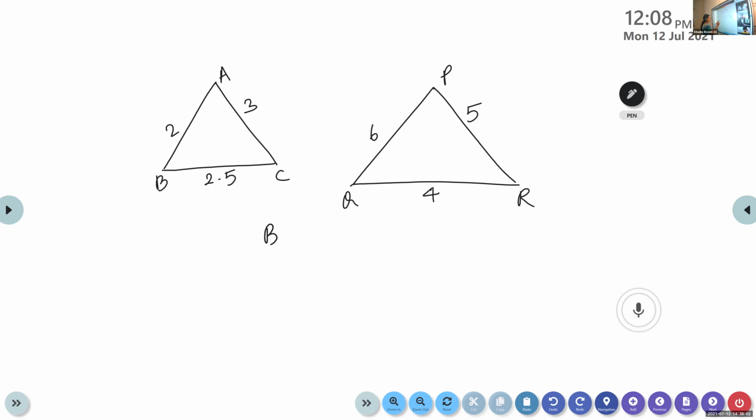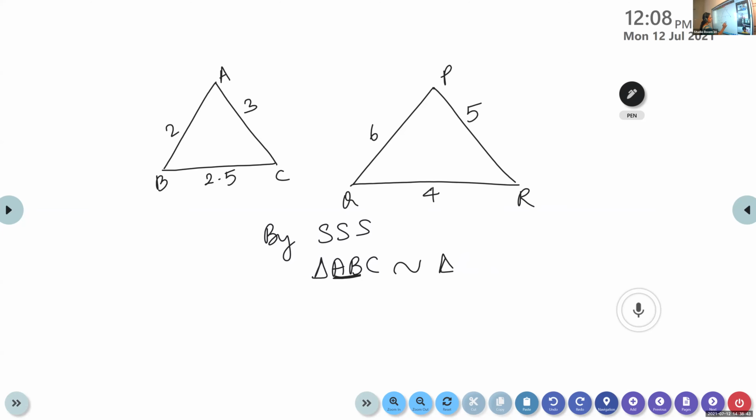Okay, so which criterion can we use? SSS criterion. Listen, children. Initially, we write triangle ABC is similar to triangle PQR, isn't it? After writing this, you have to check. What is the measure of AB? 2. So PQ should be double of it, isn't it? If I take the first two letters, here also I should take the corresponding side as PQ. But look at your PQ. What is the measure here? 6. So it is wrong. So the ordering should be rearranged.